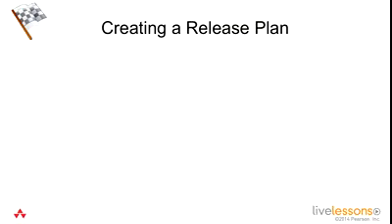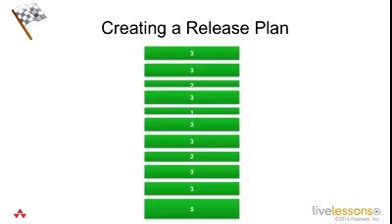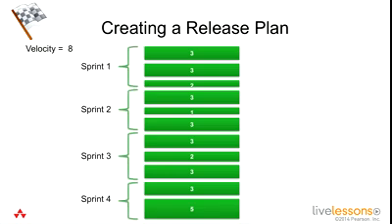Now that we have our product backlog estimated, we can start to create our release plan. Remember that our product backlog is ordered by value, with the most valuable things at the top. Now we have these estimates in user stories or whatever we're using, and we can think about velocity. What is velocity? Velocity is how many of these story points we can do in one sprint. So once we have our velocity, we can actually count down that number in the product backlog and plan out